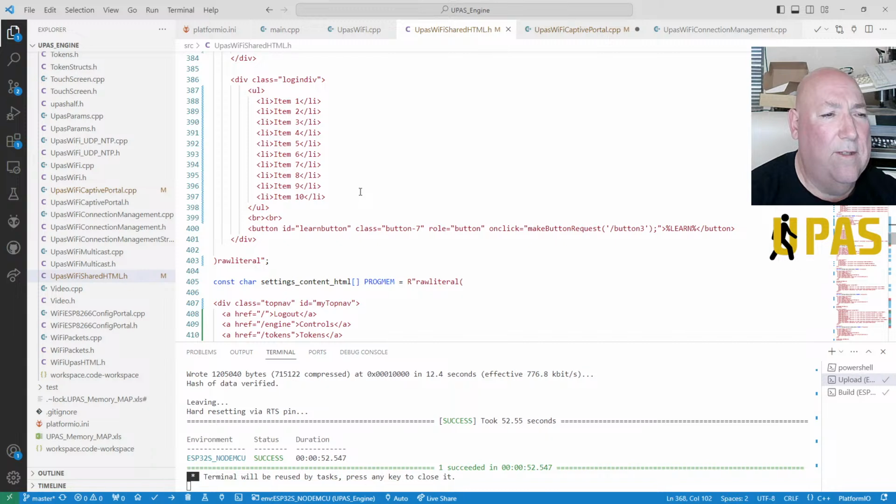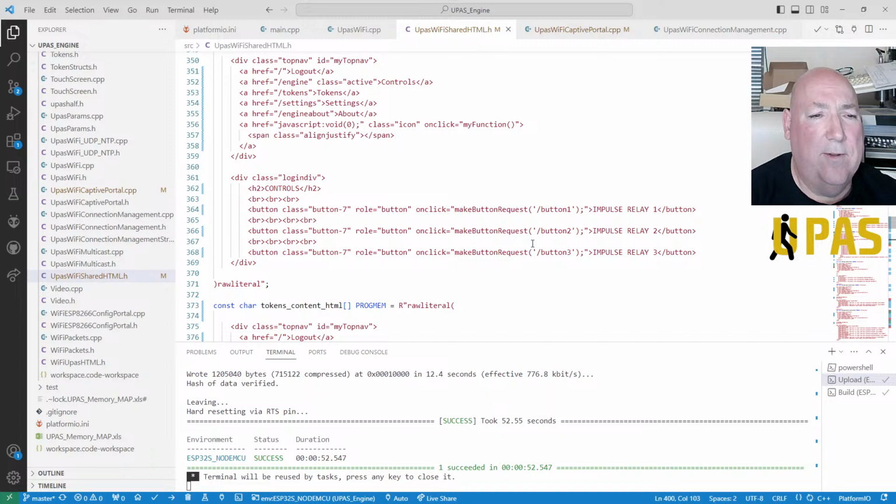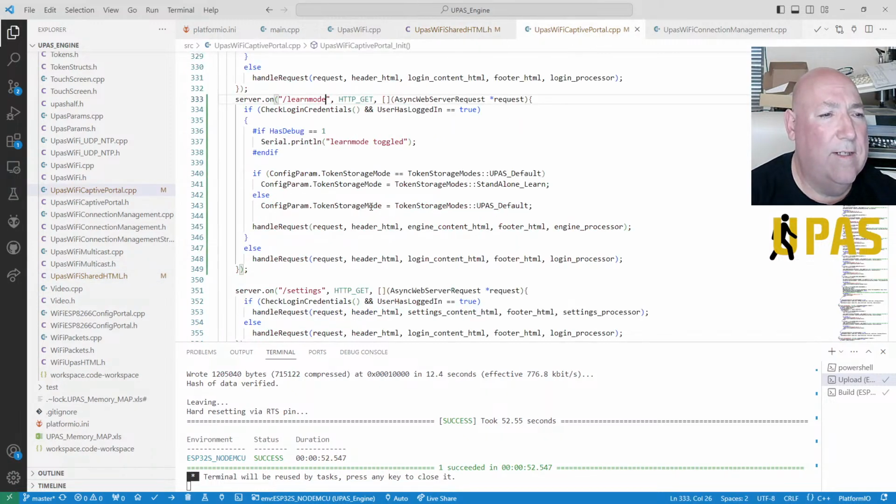Where the learn button was, it's not button 3 but learn mode. Okay, we've done that, so we go back up to the button 3.